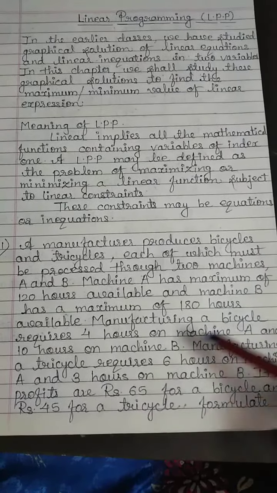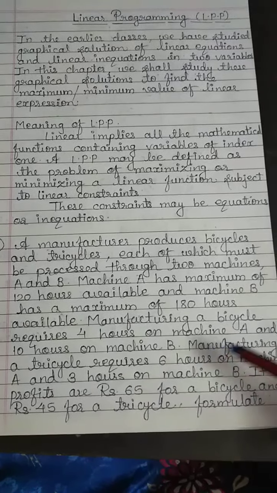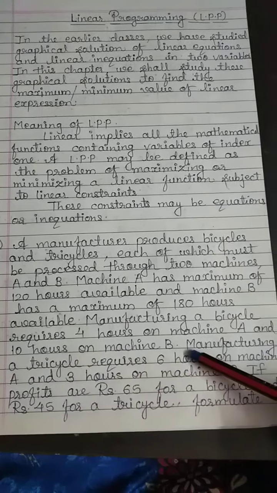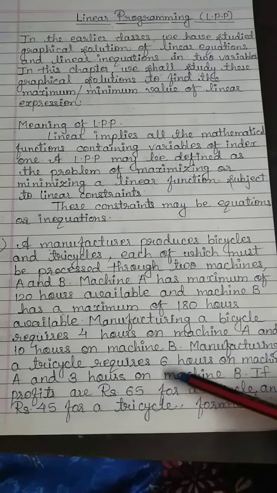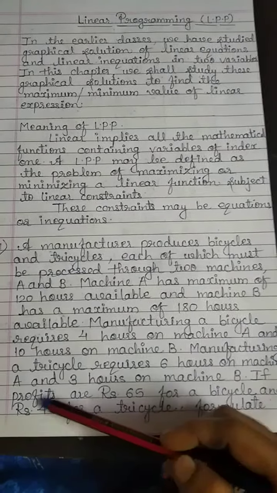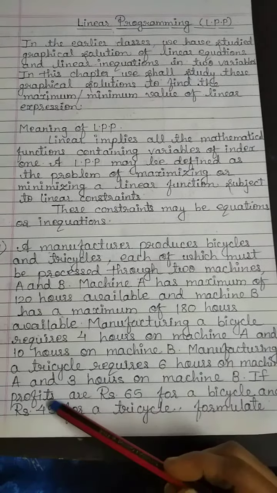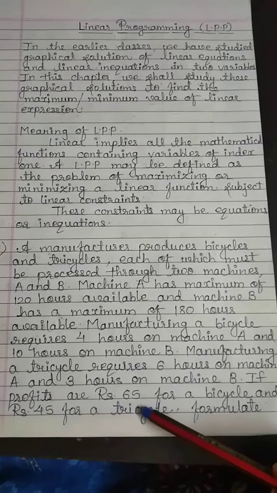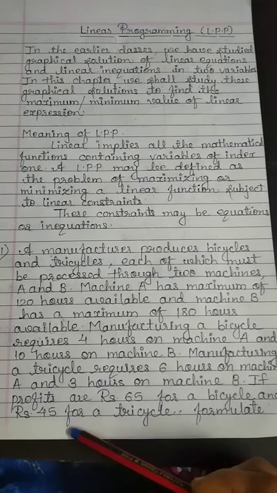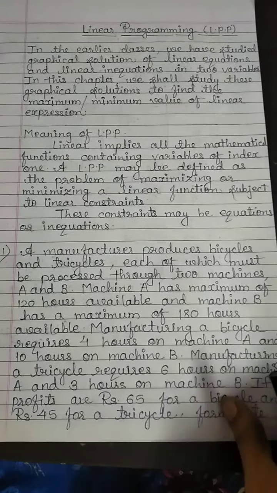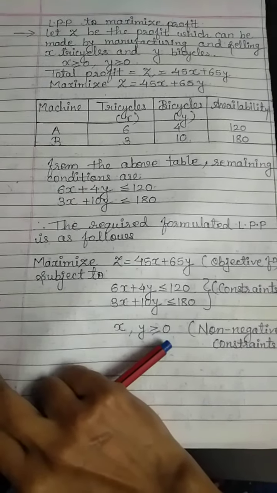Manufacturing a bicycle requires 4 hours on machine A and 10 hours on machine B. Manufacturing a tricycle requires 6 hours on machine A and 3 hours on machine B. If profits are rupees 65 for a bicycle and rupees 45 for a tricycle, then formulate the LPP to maximize